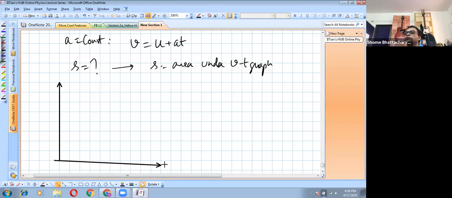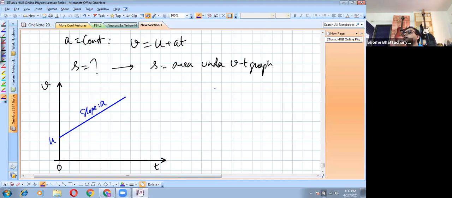So let's take a case like this, where something like this is happening. It's starting from a positive velocity and its acceleration is positive. So this is a case where in this example, we are taking U as positive and A also as positive. So let's see what is the formula we get. So we want to find the displacement up to this time